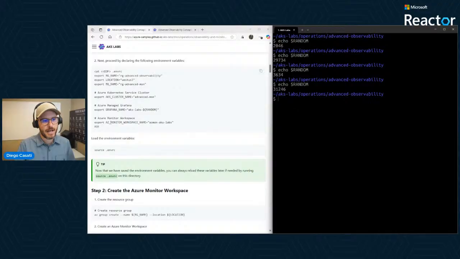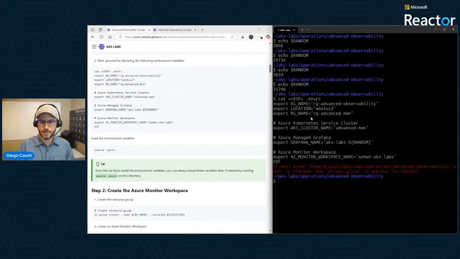And the last thing I have is an Azure Monitor Workspace name. This will become clear in a second, but the magic behind this whole thing is that when we set up our AKS cluster, we will then bind together an Azure Monitor Workspace that we've created in here. So an Azure Monitor Workspace with Grafana, and then managed Prometheus. So we're going to essentially tie everything together so the metrics flow nicely. You can absolutely do this through the portal. It's a fairly easy experience. We will be doing everything through the CLI. So let's create this here, and then I'll correct my typo.